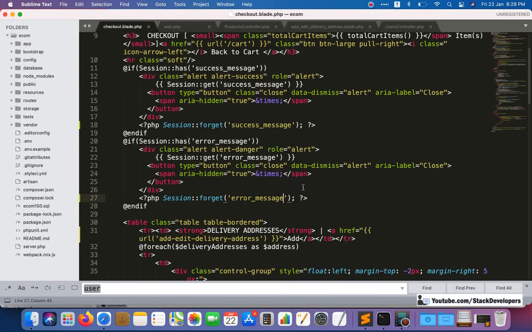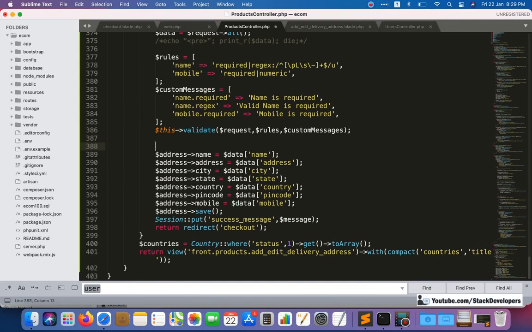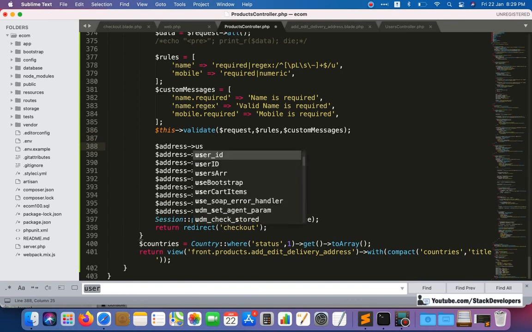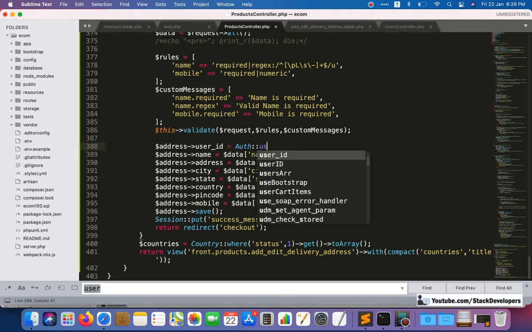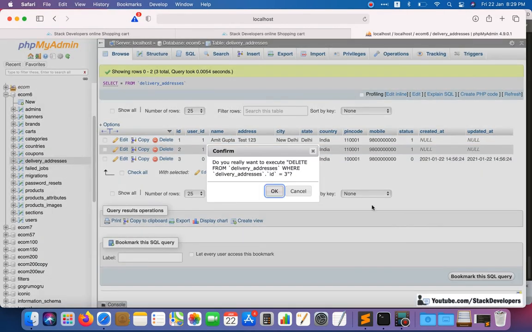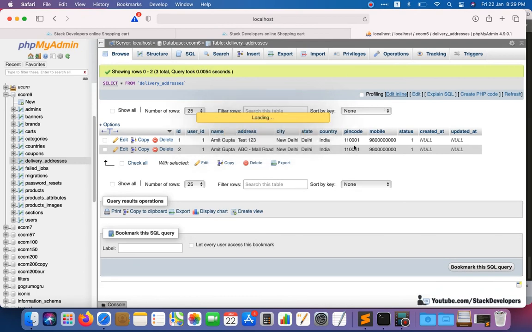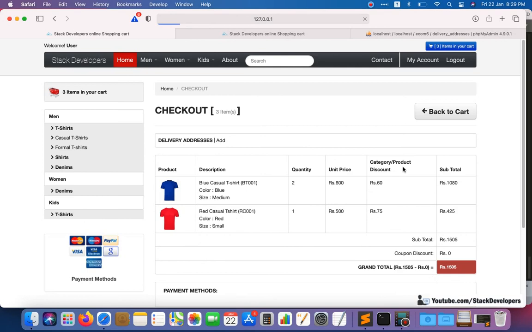Okay, so now we are going to check side by side that our delivery address is stable as well here. Okay, user id is missing, so we need to add the user id as well. So here one more thing, dollar address equal here user id is, we can pick from our auth user id, like this, simple enough. So I'm going to delete this one, the wrong one. Oh, okay, I'm going to make our table empty now. The dummy entries are not required, we are having the add option here. Here you can also display no delivery addresses.